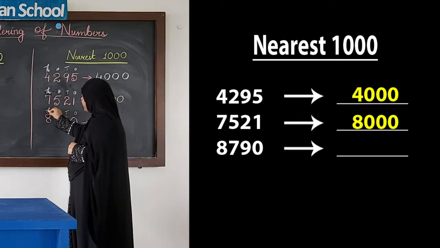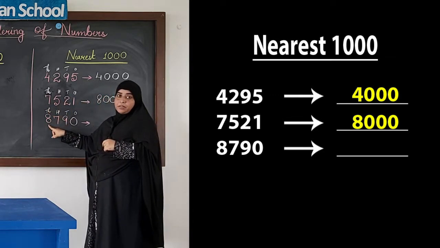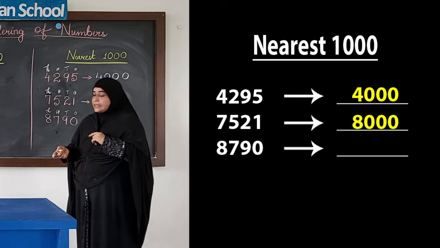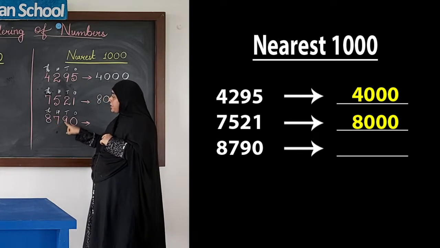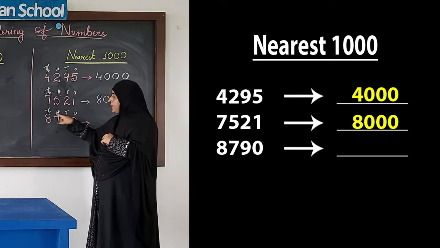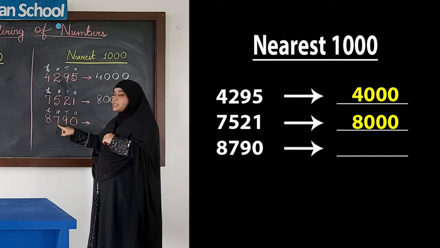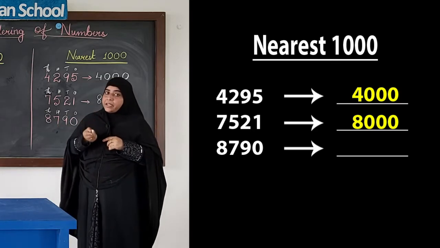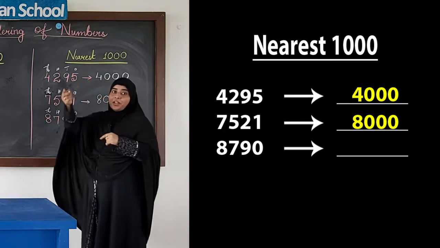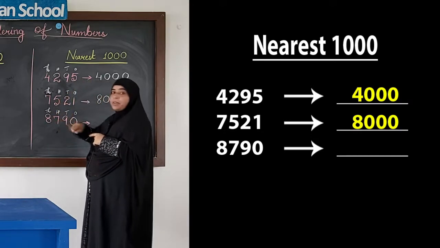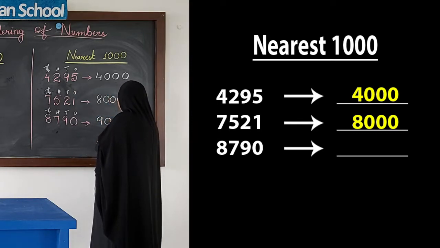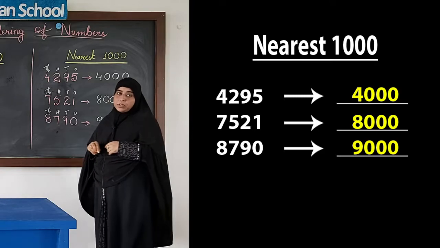Okay. Now the last one over here, we have to change our thousands place. We have to check whether it will remain the same or whether it will go to the next 1000. For that, everything depends on our previous digit. So here in our previous place, the hundreds place, we have 7, which is more than 5 again. So when this is more than 5, this will also go up. Okay. So 8 will become 9. The closest 1000 for this number is 9000.